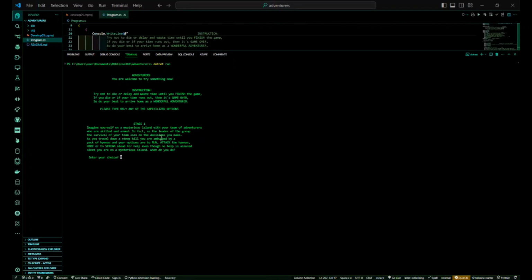The next instruction is please check on the stages. You find out that there are options that are capitalized. Those are the ones we're supposed to use when we're specifying our choice. The first stage says, imagine yourself on a mysterious island with your team of adventurers, and so on. So the options there